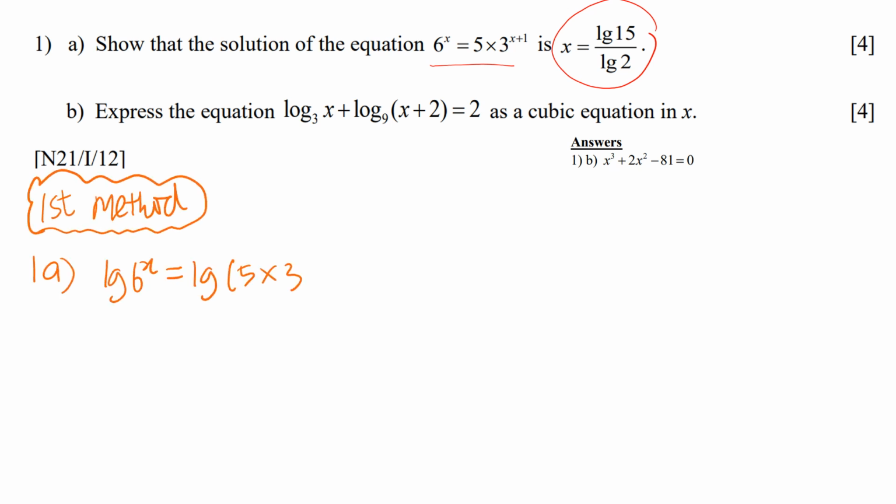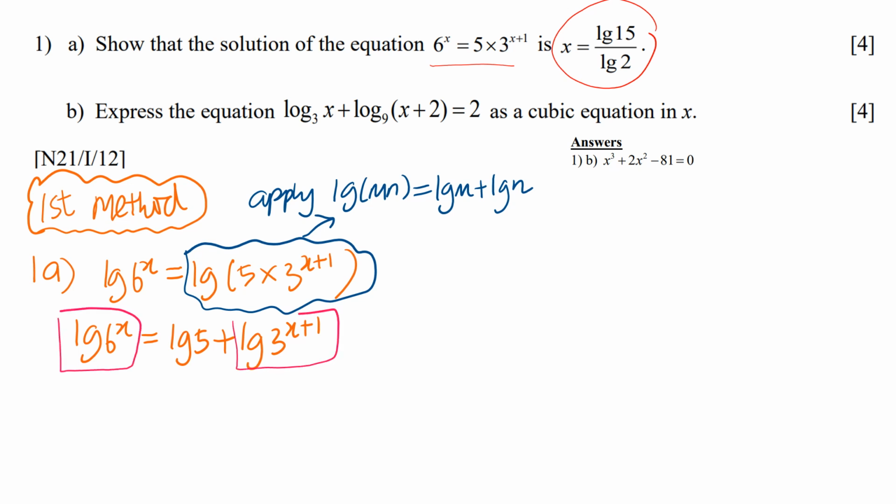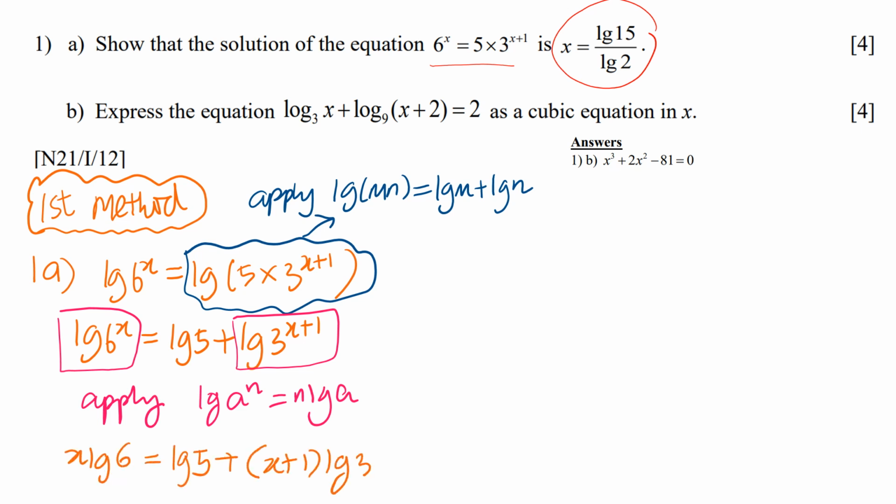So for method number one, what I've done here is I bring common log to both sides. And on the right hand side, we can apply the product law. For your logarithmic functions, log of m times n gives you log m plus log n. And then the next step is we apply the power law. With the power law, we can just bring down the power, and that will give you x log 6 equals log 5 plus bracket x plus 1 close bracket times